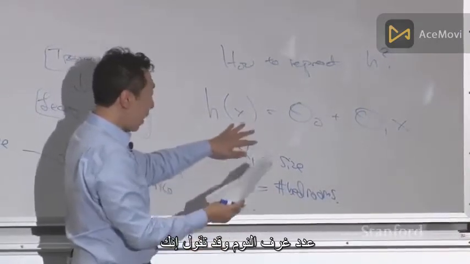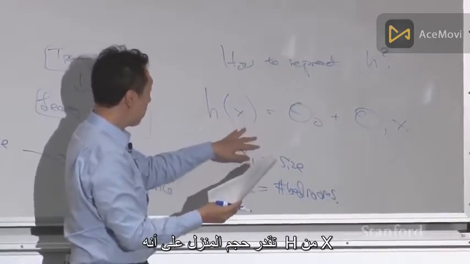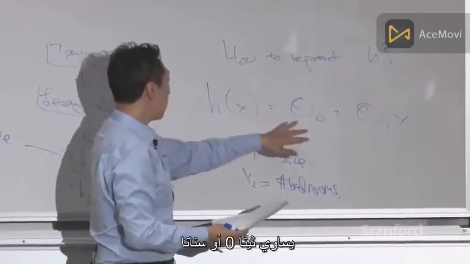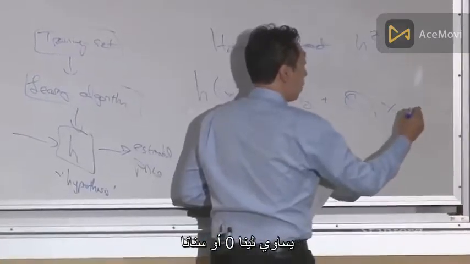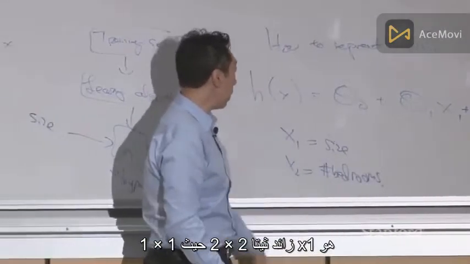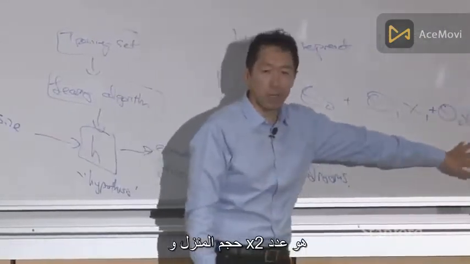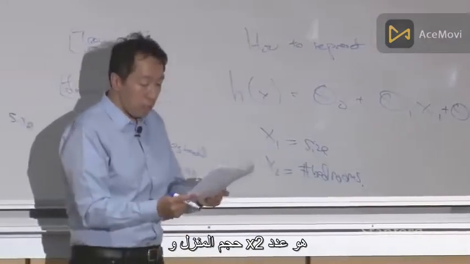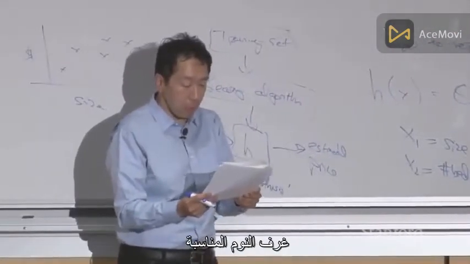And you might say that you estimate the price of a house as h of x equals theta 0 plus theta 1 x1 plus theta 2 x2, where x1 is the size of the house and x2 is the number of bedrooms. Okay,